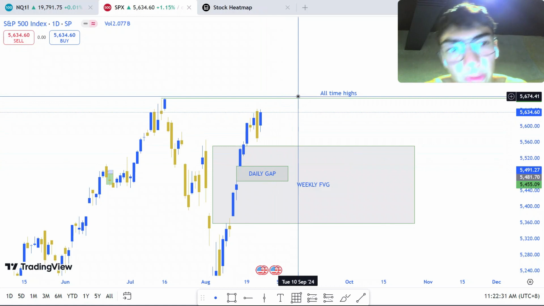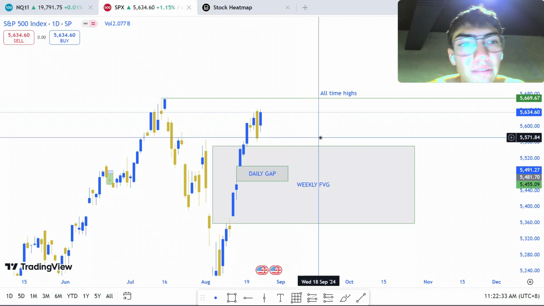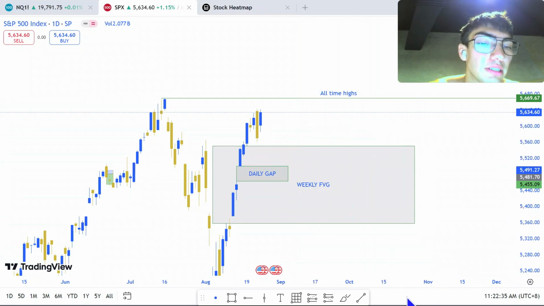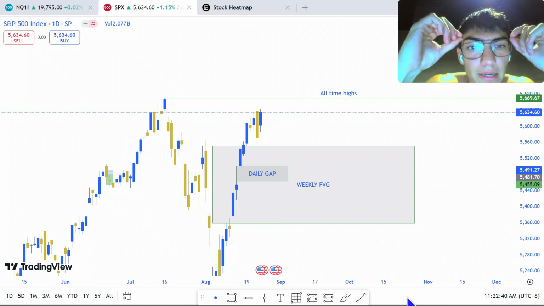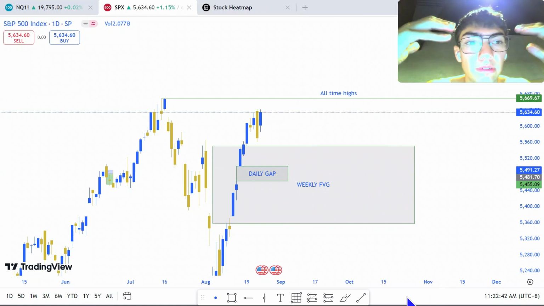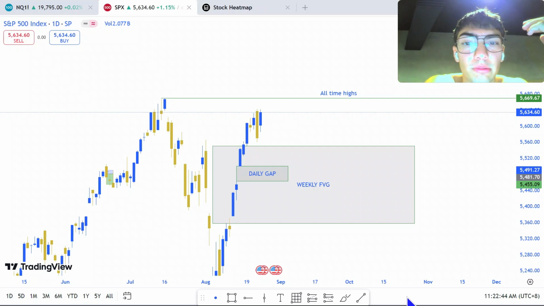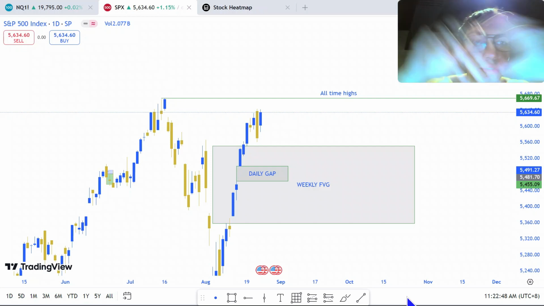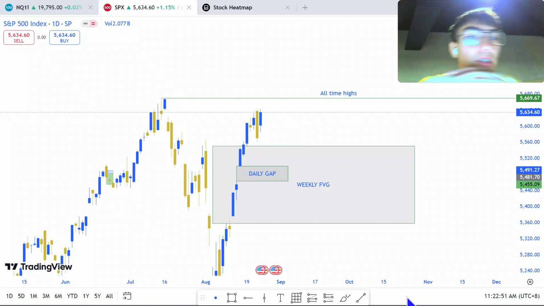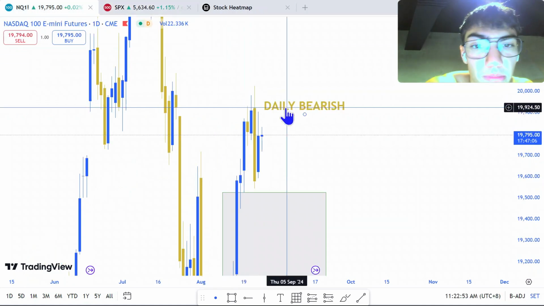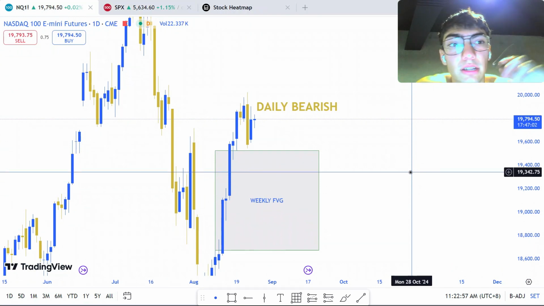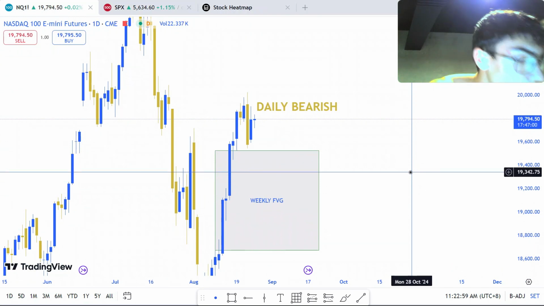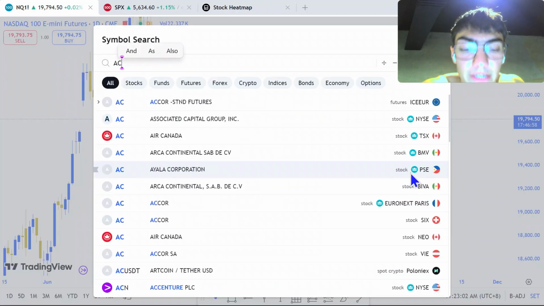So it's either or with this one, but I feel like Nvidia on earnings is going to move SPX and it might hit all-time highs because Nvidia earnings is going to be profitable. I would be genuinely surprised if it goes short on earnings. I just don't see that happening. But anyways, now let's get into the stocks that I'm going to trade. First we got AVGO.